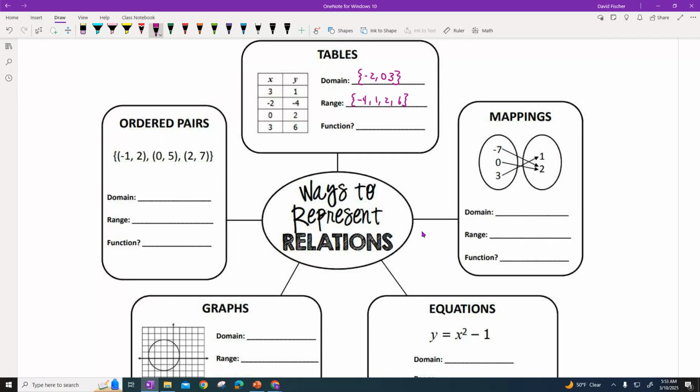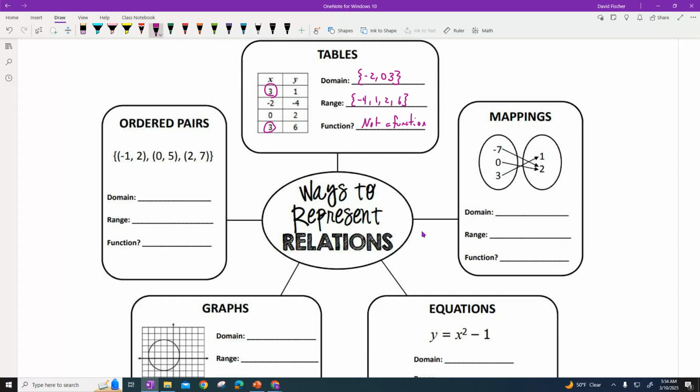Close your brackets. Function. I see two 3s over here. I said I'm only going to list it once. I knew in my head that, boom, that was not a function. Okay, the domain of 3 has 2 y's, or 2 ranges is what I would say if they asked me